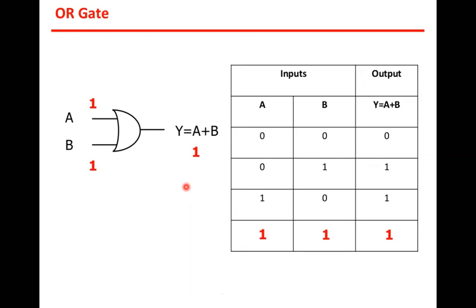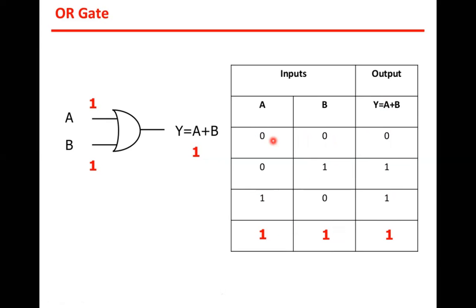Normally, in arithmetic we say 1 plus 1 is 0 with carry 1. But here, 1 is nothing but a high state, logic 1. So logic 1 is one input, logic 1 is the other input, and the output will be high, or logic 1. If you differentiate between the AND gate and the OR gate, we get the output as 1 when even one of the inputs is 1. Here this is high, this is high, and here both the inputs are high. We get the output as 0 only when all the inputs are 0.